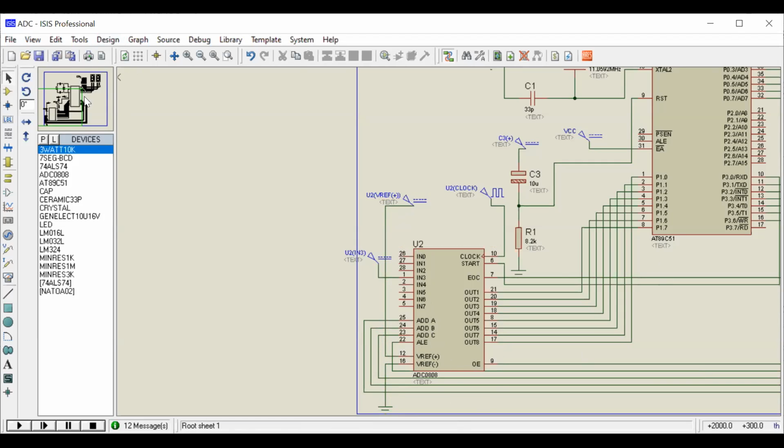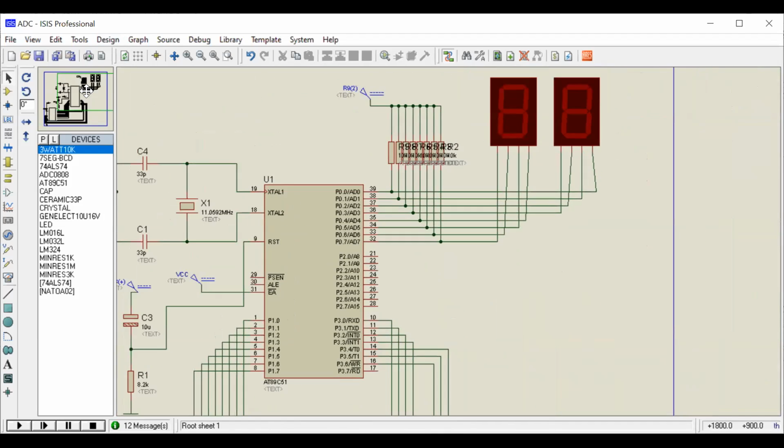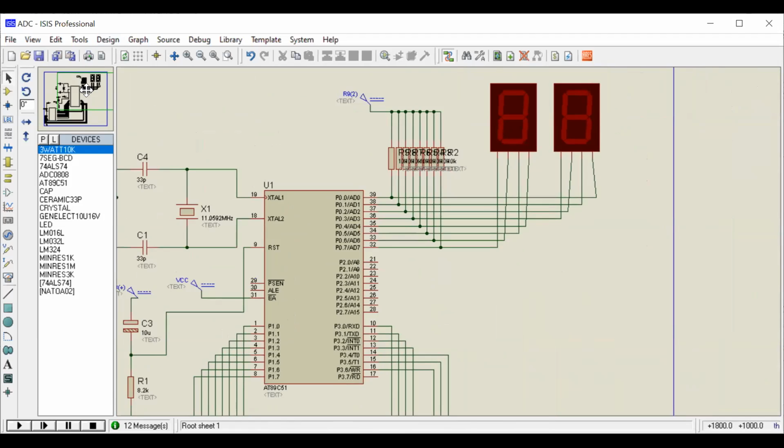And next, port 1 is connected to the ADC, and port 0 is connected to the LED display, since we need to display from 00 to FF. So we require two 7-segment displays, connected to port 0.0 to 0.7.